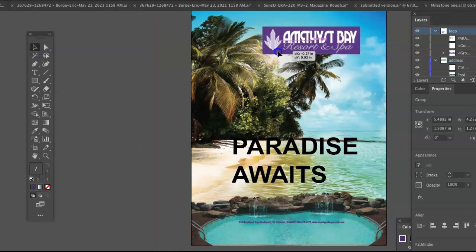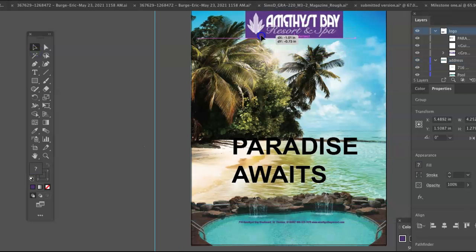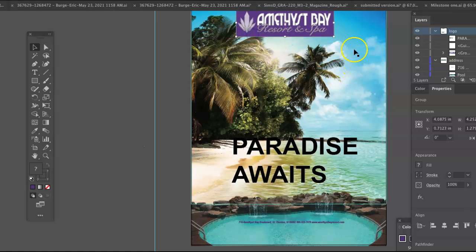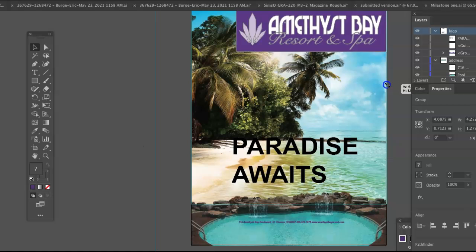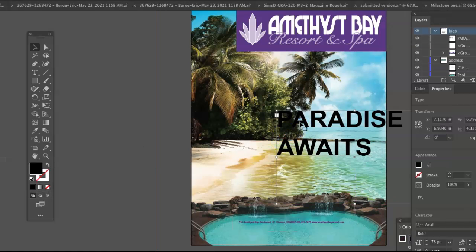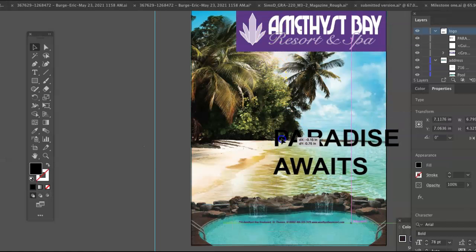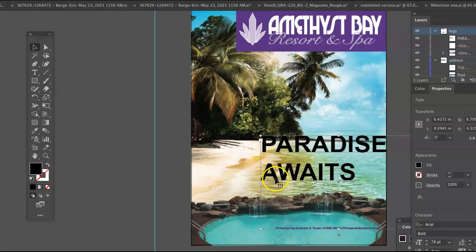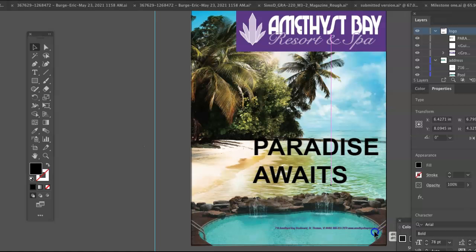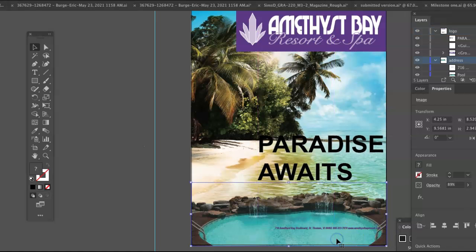Also, it looks good. This logo, the purple box logo, you might consider making that larger and perhaps bleeding it off the top. Be careful of your margins though, because magazines are trimmed. You don't want to lose anything. And then you might consider using this as a vertical axis to organize it somehow. So we get some simple implied lines that organize your composition and don't make it quite so chaotic.